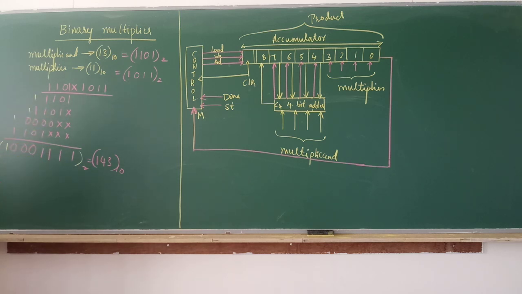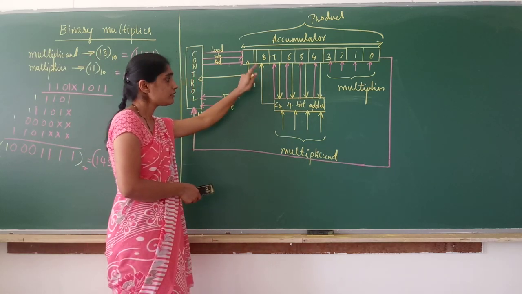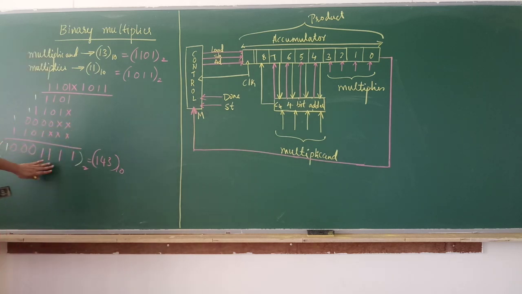So now in today's class we are going to design a circuit to perform this. The block diagram I have written here will multiply two 4-bit numbers. One is the multiplicand and the other one is the multiplier. And the product, how many bits do we have? 1, 2, 3, 4, 5, 6, 7, 8. 8 bits. So to store the product, we have an 8-bit register. Remaining blocks I will explain. If the multiplicand is 4-bit and the multiplier is 4-bit, to store the product we need an 8-bit register. So this is the answer we have.